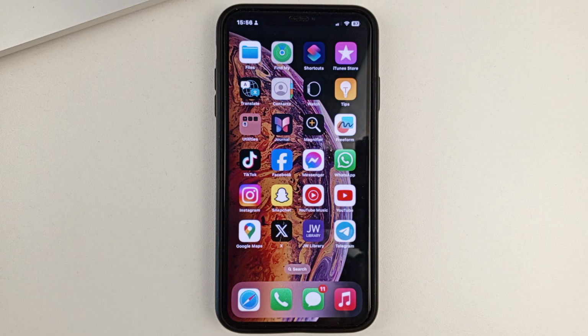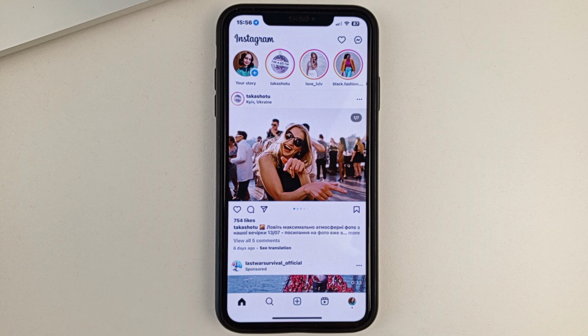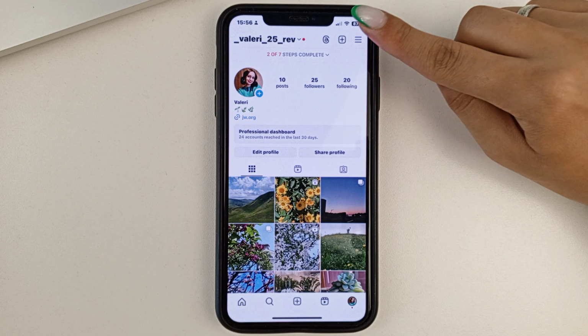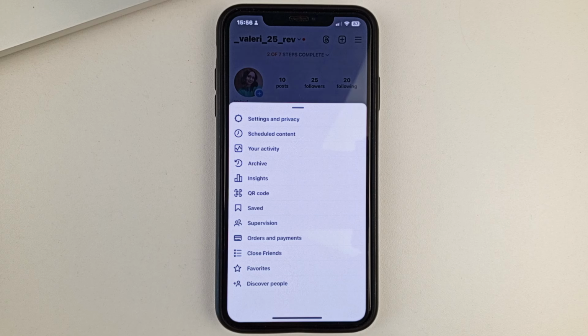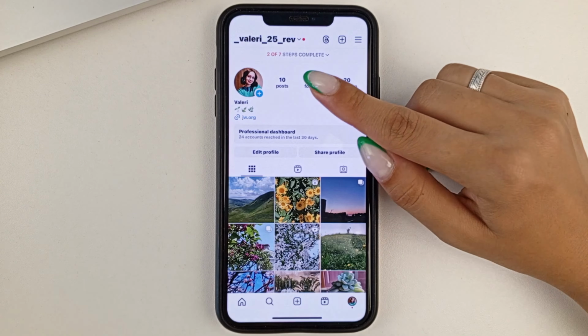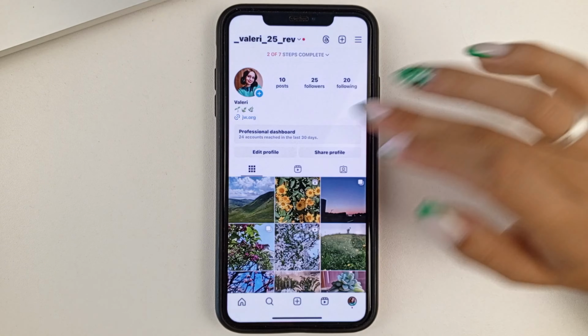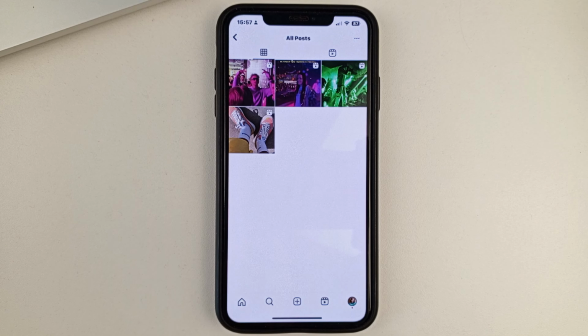So friends, let's get to our topic. And let's say you want to see your saves on your Instagram page. To do that, you'll need to go to your page, and then on the top right, click on the three dots. Then select Saved, or if you have a slightly different menu, then you'll need to open Settings. And then in Settings, you'll find the Saved section right at the top. So when you get to your saves, click on them, and you'll see all the posts that you've previously saved.